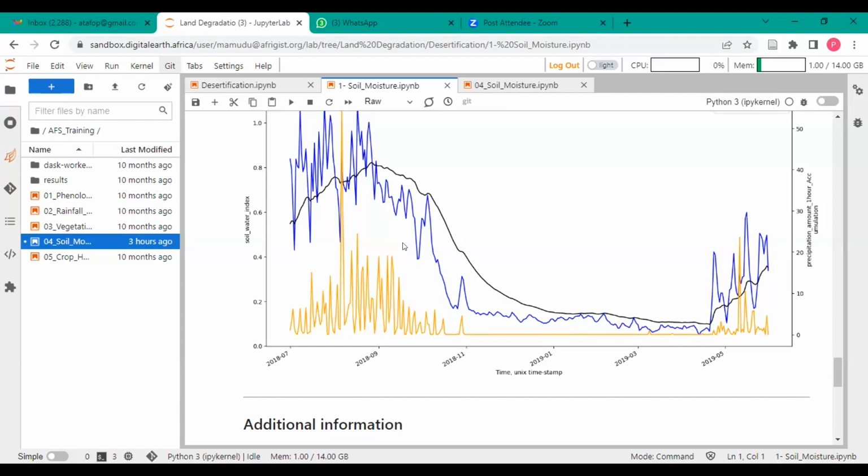So you could see what periods of the year soil moisture was high and what periods of the year soil moisture was low, and so on. So we could also explore that. So I want to urge every one of us to explore the soil moisture aspects that are contained in the